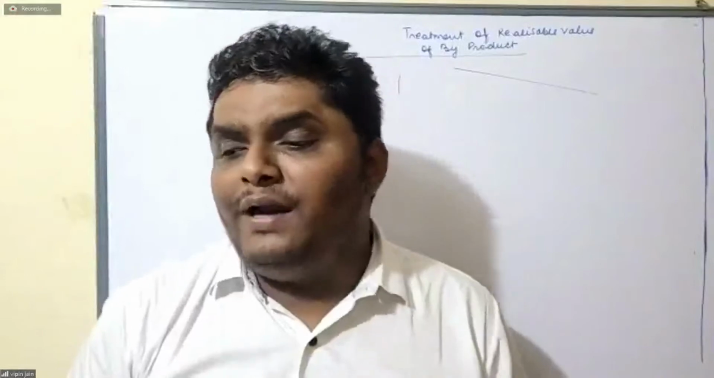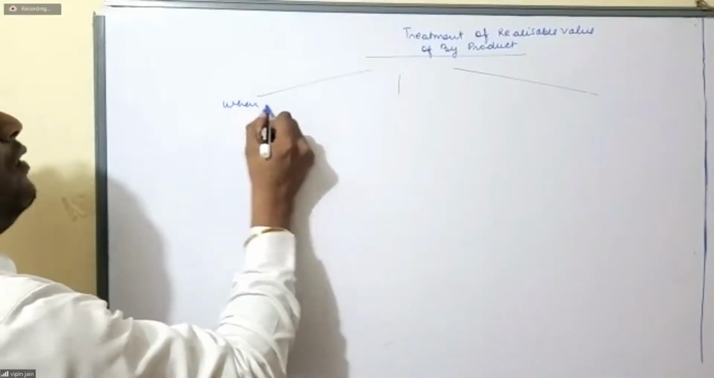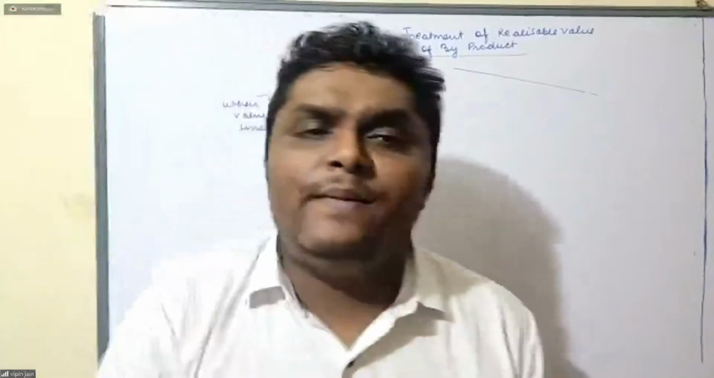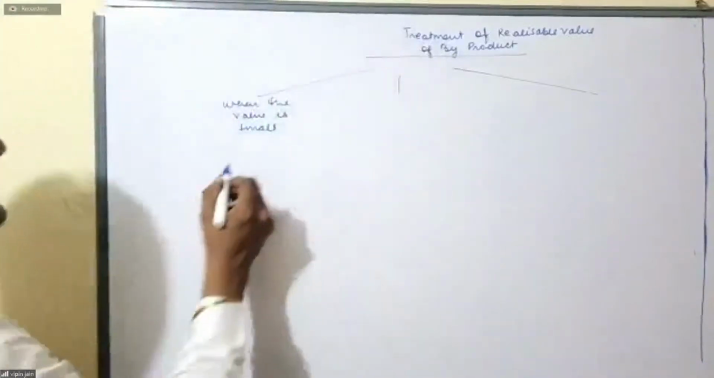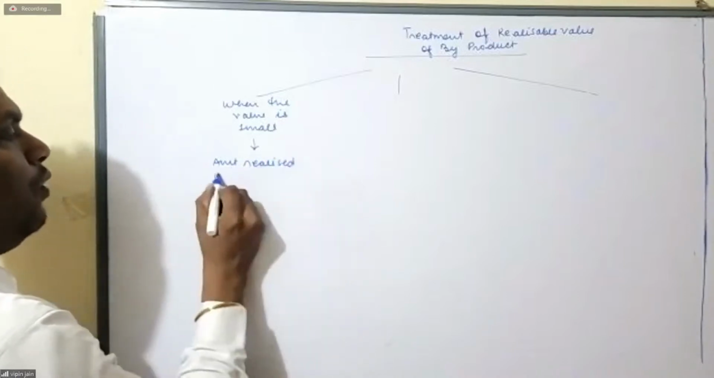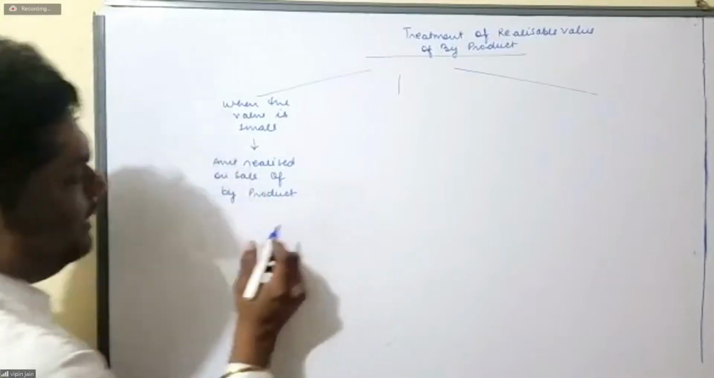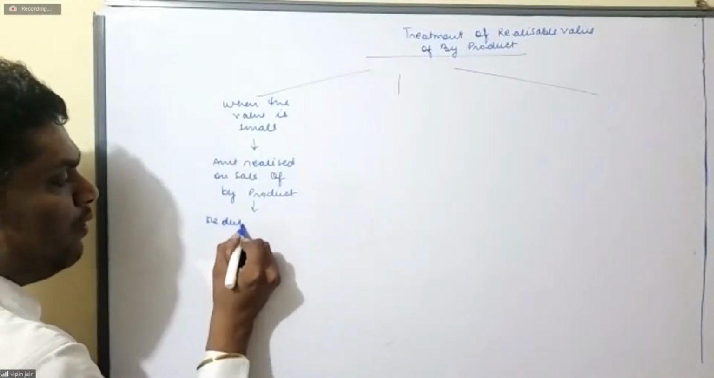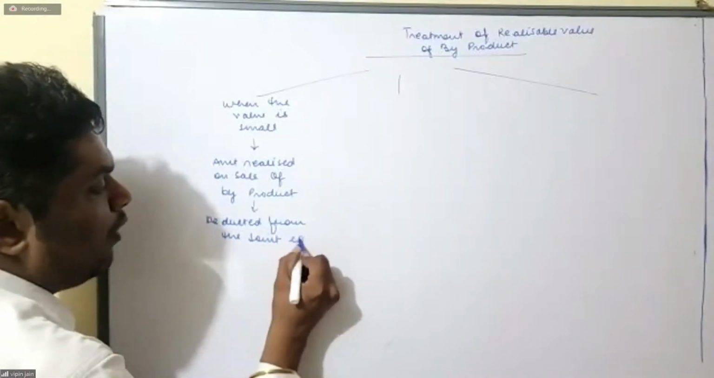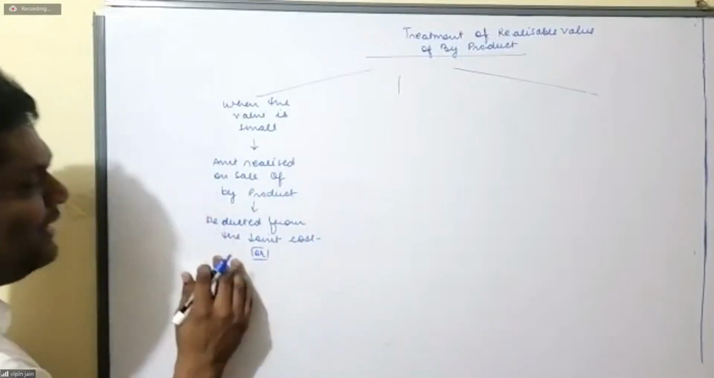So when talking about the treatment of byproduct in cost account, when the value is small, the byproducts are sold in the market at a very small value. So in this case, what we will do is the amount realized on sale of byproduct either will be deducted from the joint cost. Amount realized on sale of byproduct either will be deducted from the joint cost, or the other alternative treatment is